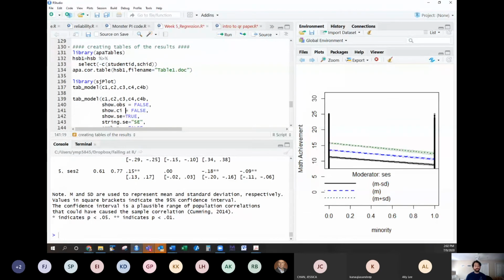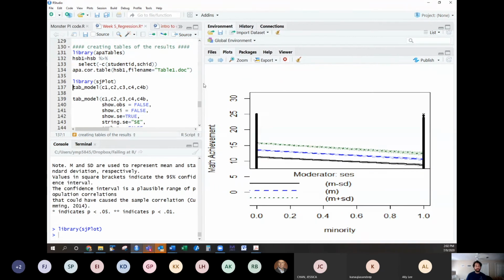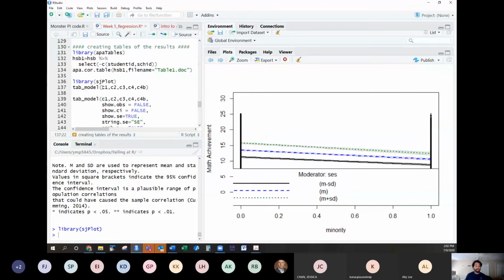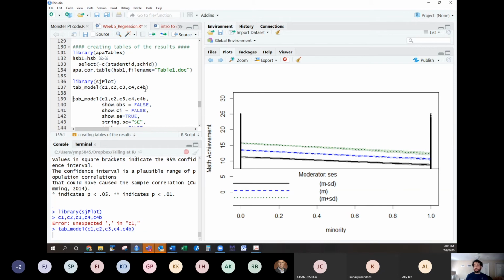And then the last thing you may want to do is create quick tables for regression models. And so that's where you can call the sjPlot package. And it's very simple. You basically take all of the models that you want to include in a table, and you can do it as simply as this. So remember, we did a whole bunch of conditional models with 1 predictor, with 2 predictors, with 3, 4 interactions. If I want to put all of that in one table, I can just do tab_model, and then here's where I list all of the different regression models I want to put in the table. Well, I highlighted it, so of course that's going to be wrong. So if I run that,